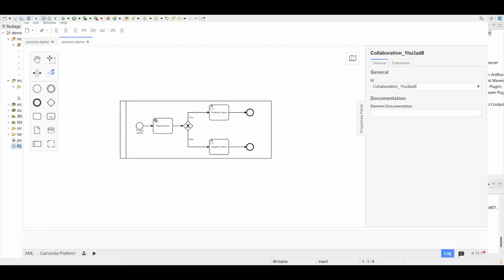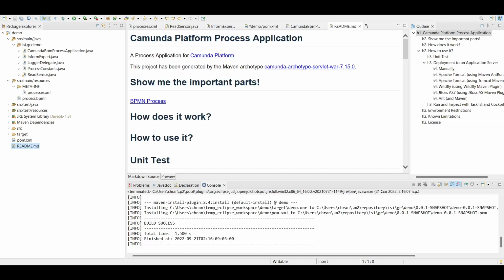In this step, we are going to use the process that we have already created, and we are going to extend it. First of all, we're going to demonstrate how we can integrate external resources to our Eclipse projects. So we return to Eclipse and under source/main/resources, we add a new file,